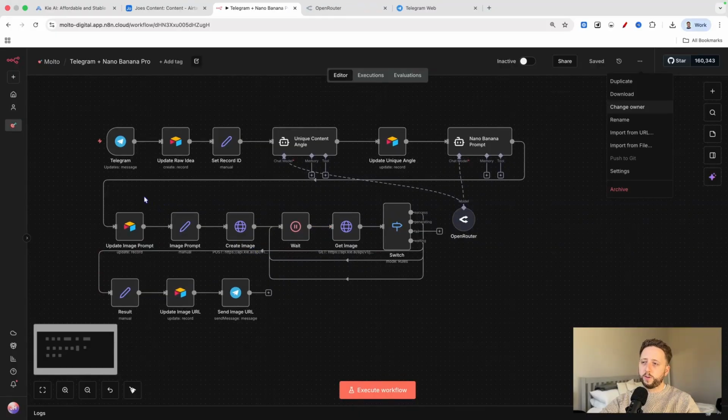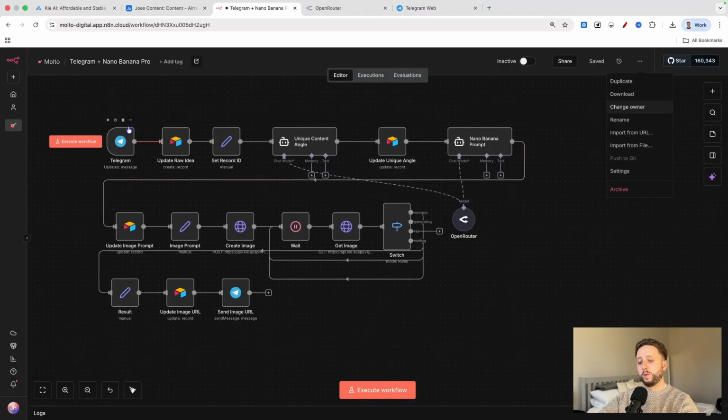So as you can see on the workflow, what we have got here is an initial Telegram trigger, and the reason I've chosen Telegram is because if, like me, you get lots of ideas in your head, it's a lot easier to message on your phone when you're out for a walk or out for a run or whatever you're doing than it is to try and note it down somewhere. And so you can very quickly send Telegram an idea, and it will then give you a result back within